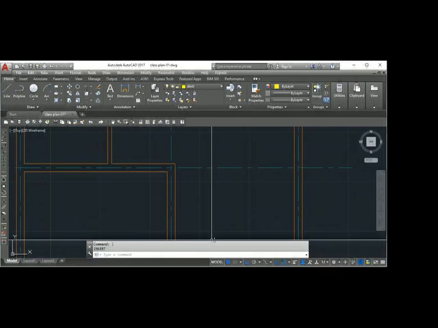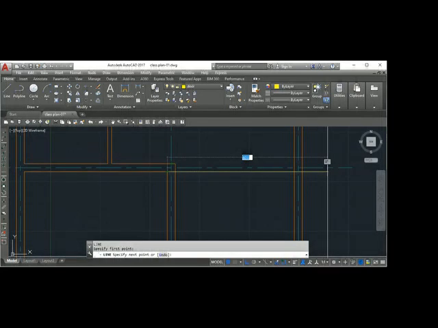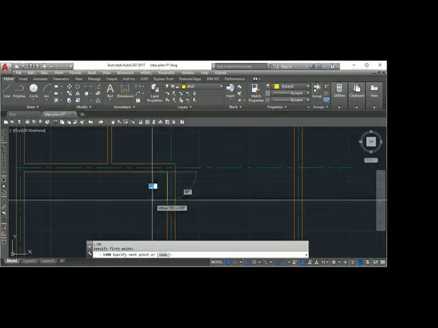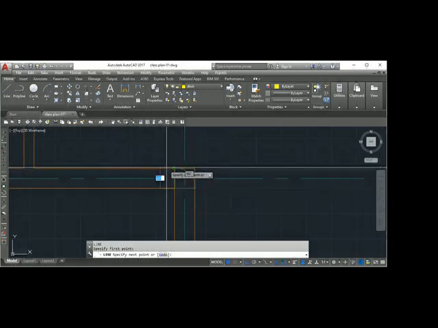So I'll make a line here. Can you see that perpendicular is required? Make it perpendicular. I don't want center point. I don't want extension. Endpoint, midpoint, intersection, and let's say perpendicular. Okay. You can see perpendicular.